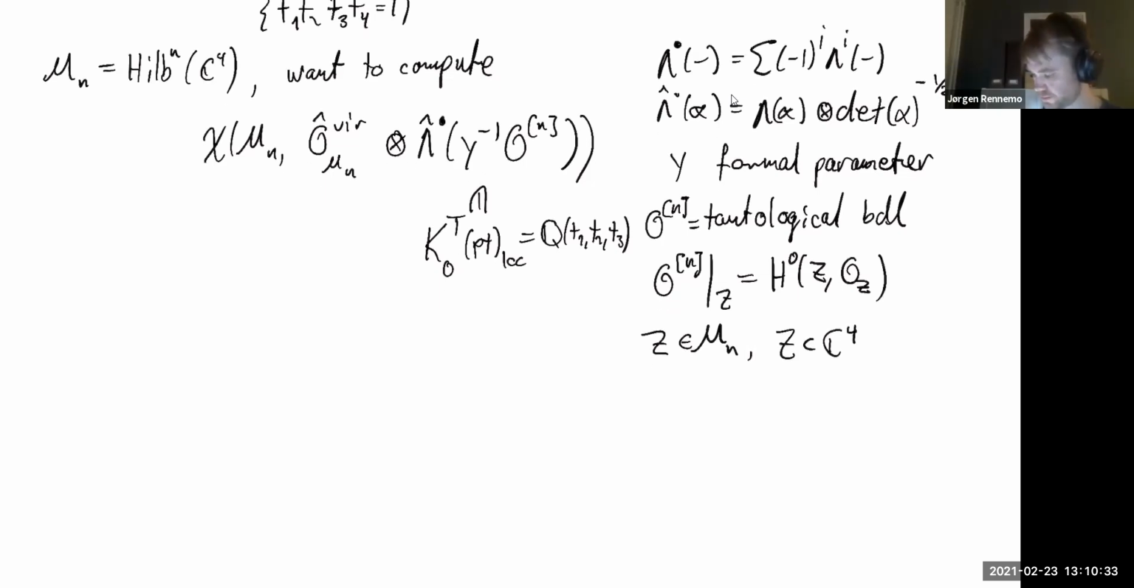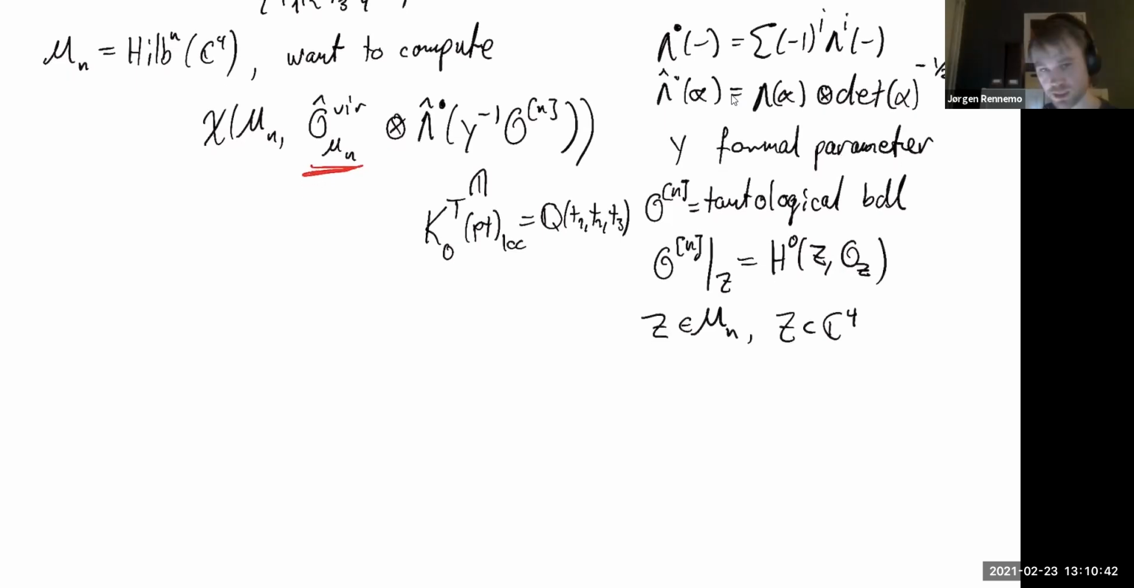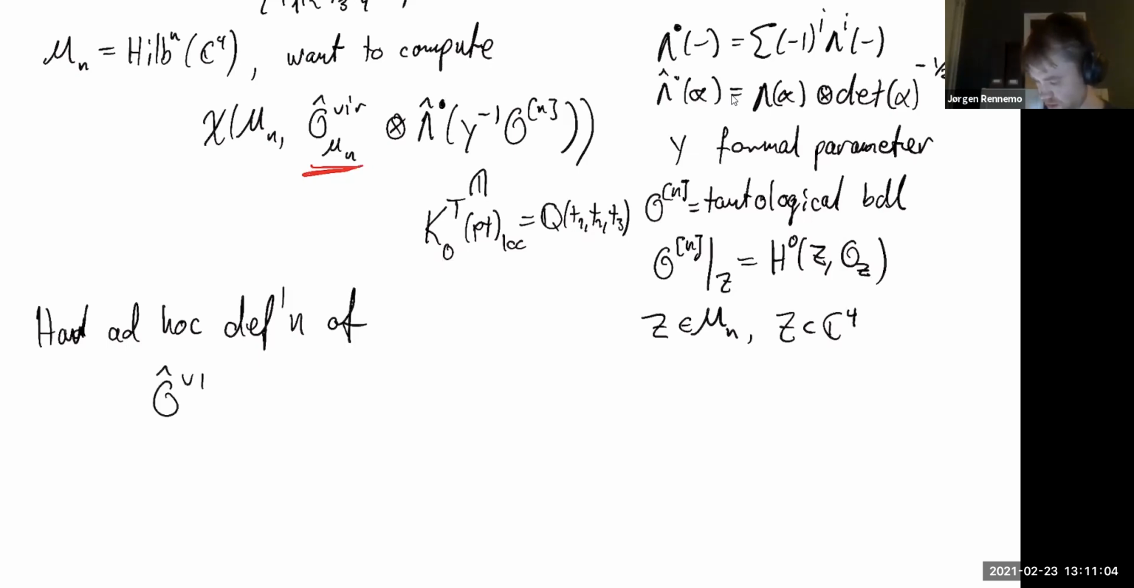Right. So as I said, this guy, the way I phrased it last time, is kind of problematic. We didn't really define it, and we gave an ad hoc definition. I didn't even define the object, but we had an ad hoc definition where the Euler characteristic of